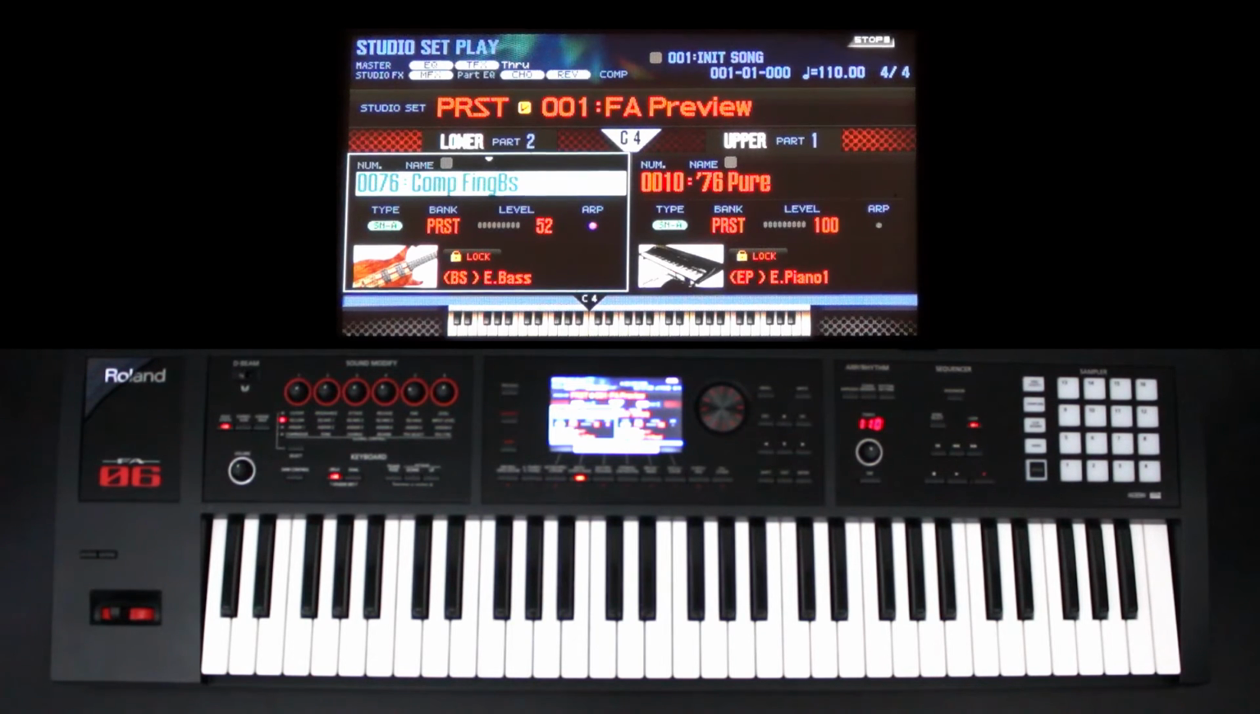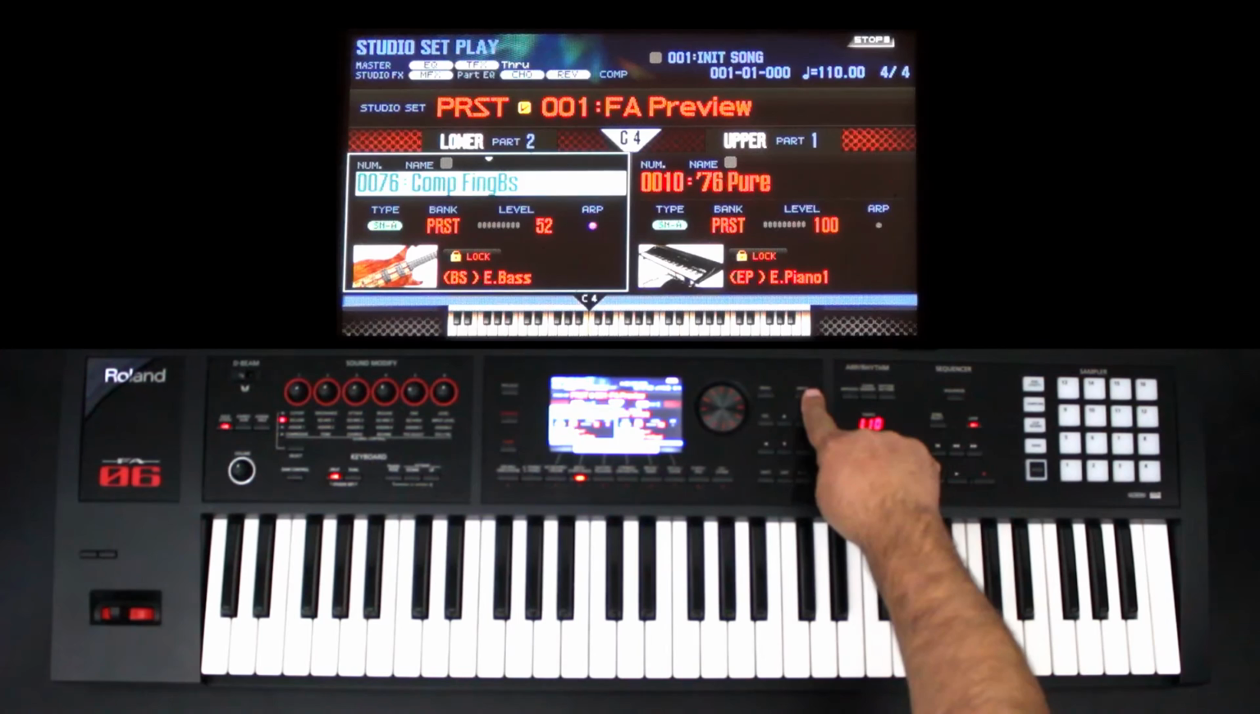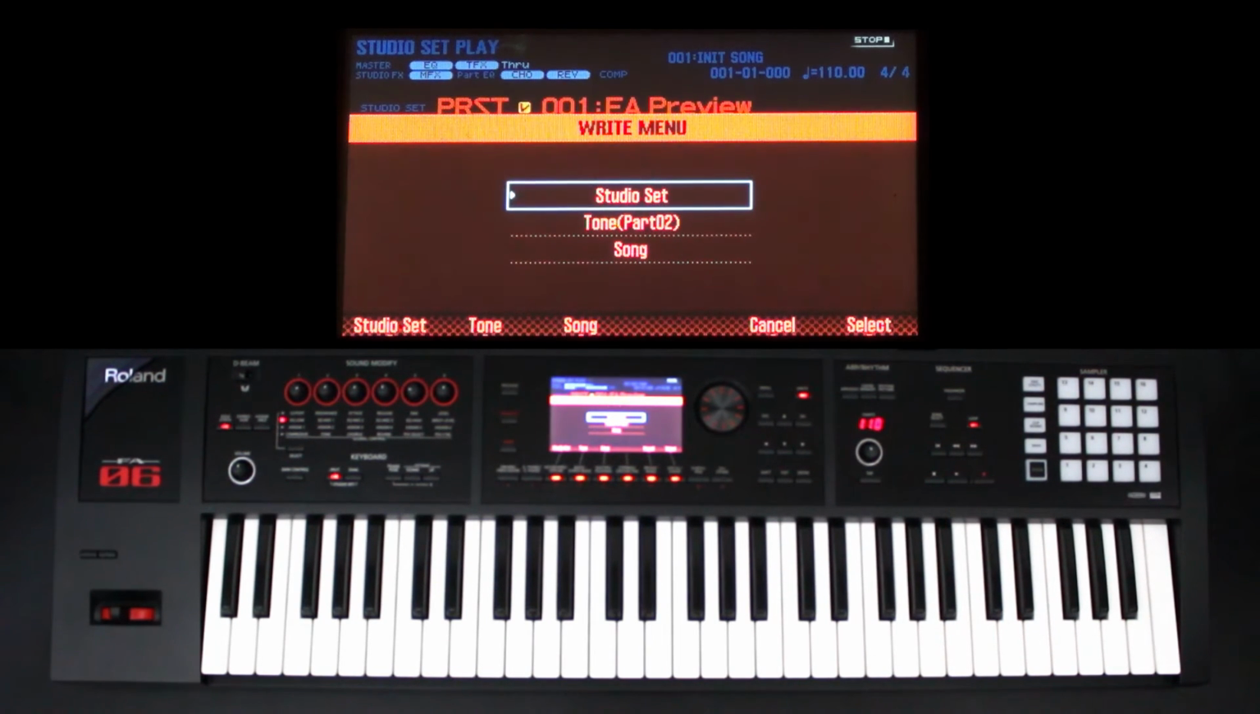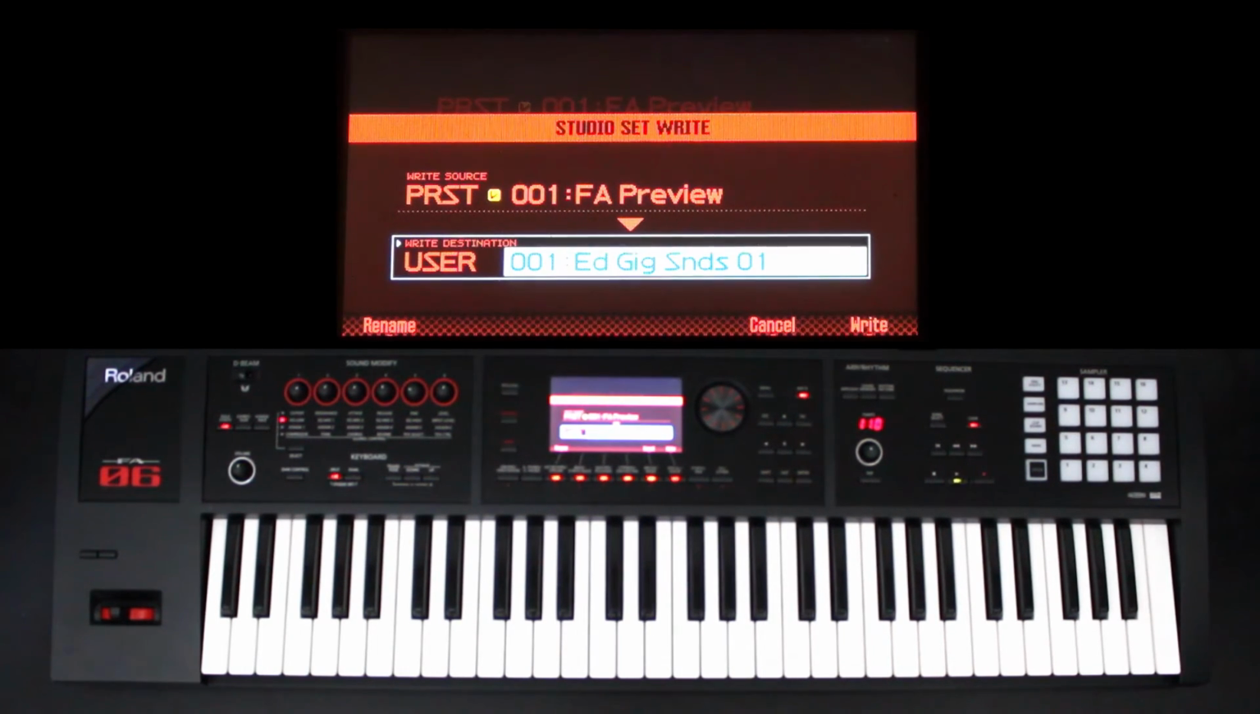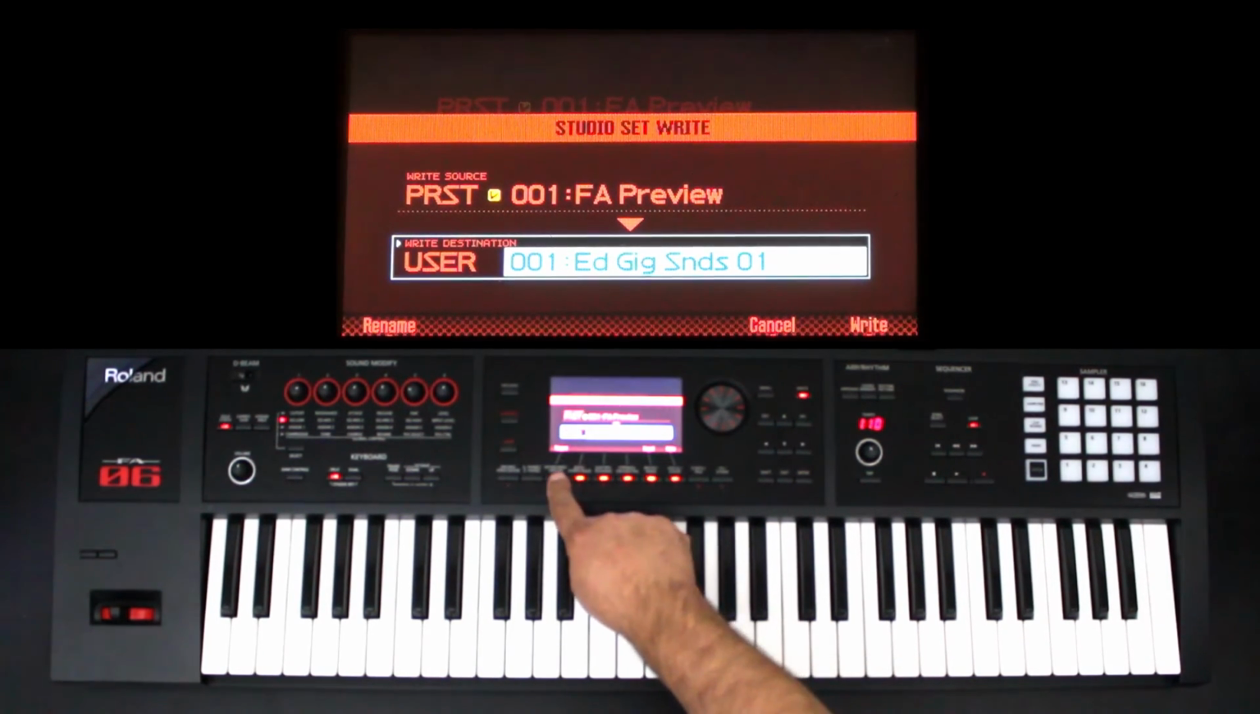Now, if I wanted to save the dual and the layer that I created, all I have to do is go to the right button, press right, and it comes up as a studio set. So I can save it as a studio set. So I might go ahead and say select studio set. I'm going to go ahead and rename it,